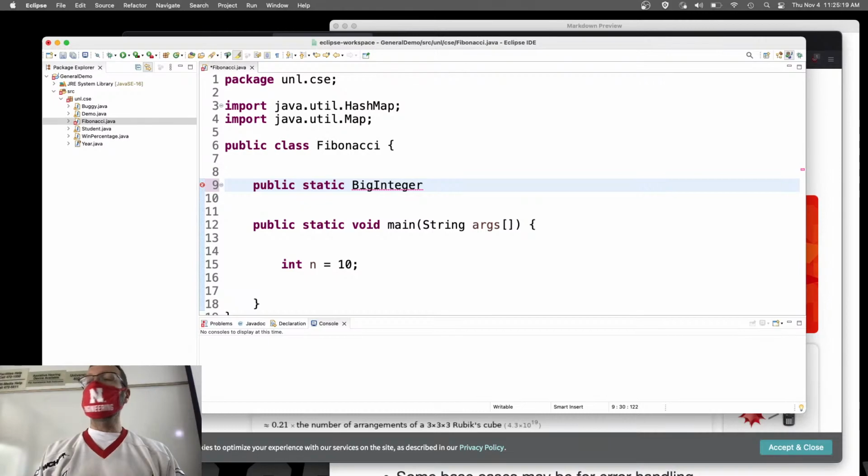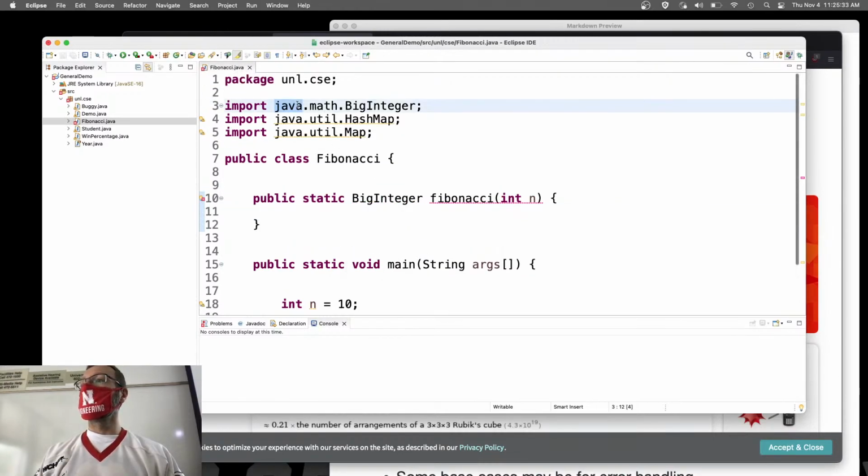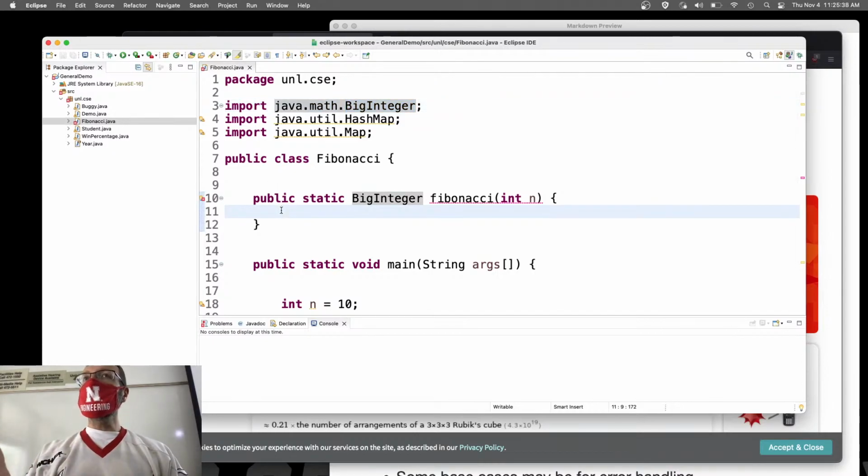But we're going to go ahead and implement our Fibonacci by returning a big integer. Now I'm going to have to import that, but it is part of the standard Java math library. See, java.math.BigInteger. Okay. So now let's go ahead and implement the normal recursive version of this just to see how BigInteger